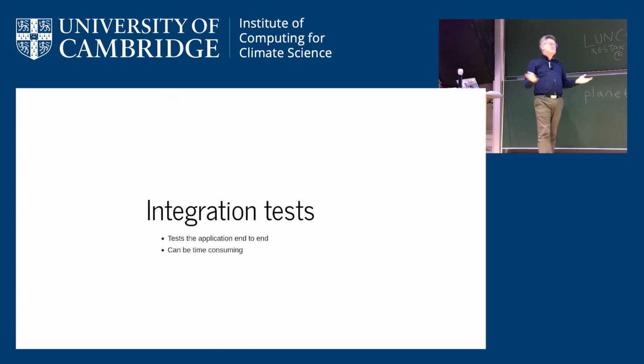One thing you can do is an integration test. This does sound like the last thing, but in our case, take the climate model case, what we'd say is do the setup, then just run the climate model one time step forward, be it 5 minutes or 30 minutes or whatever your delta T is. Don't worry about the science results. You don't care what the temperatures and pressures are. Just run it forward and make sure that after one time step, the numbers that should have gone up have gone up, and the numbers that should have gone down have gone down. If you have a particular conserved quantity like energy, the total energy at the next time step is equal to the total energy at the time step before,